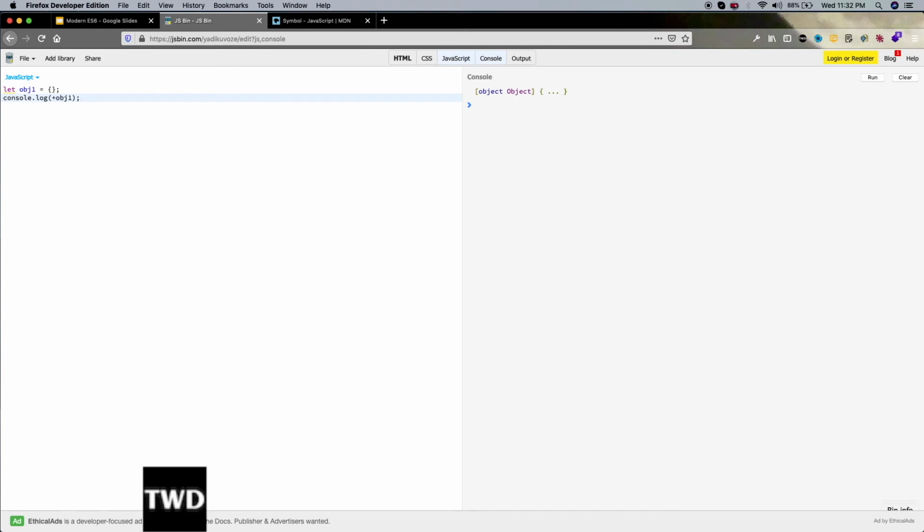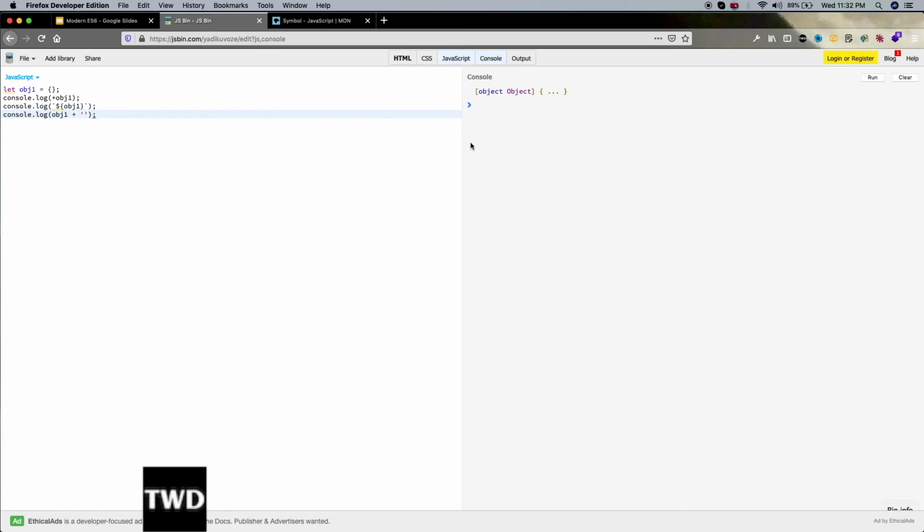Control C, Control V. The next one changes it to a string: console.log of obj1 plus an empty string.